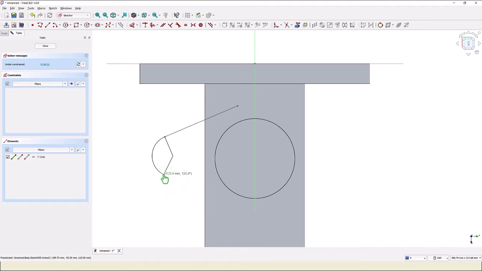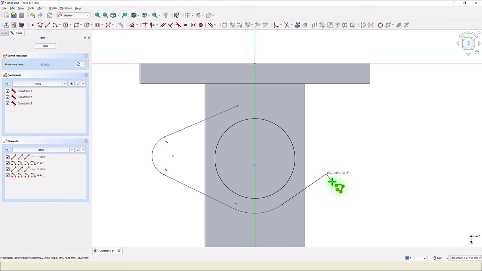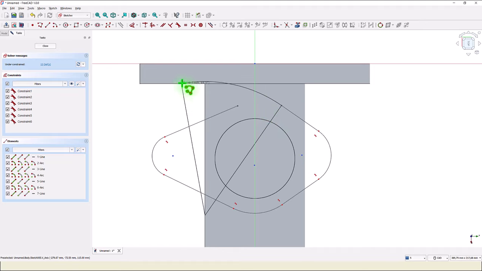We go somewhere here, a line, and arc, a tangent line is the next, another arc, another tangent, and we close